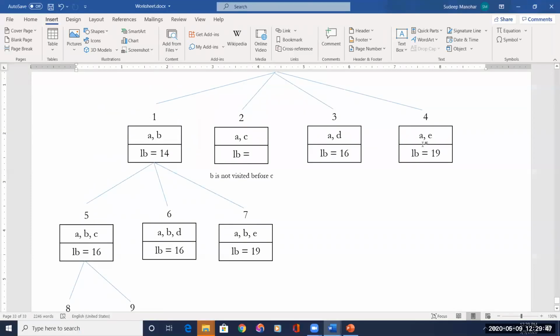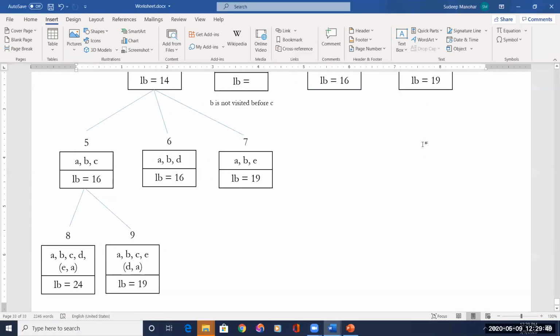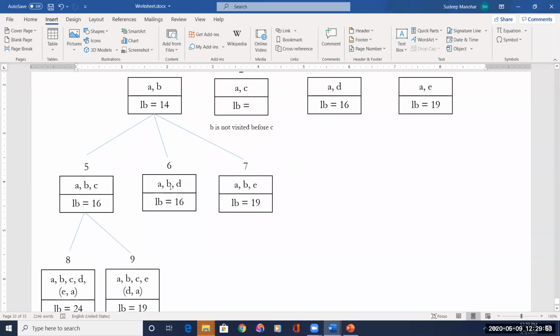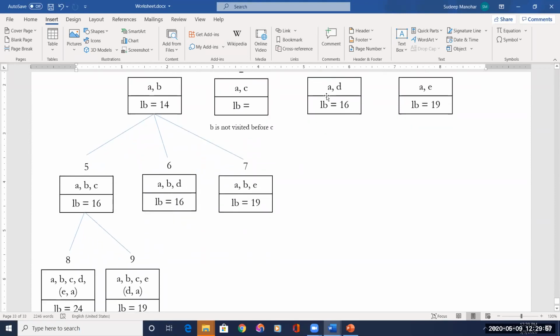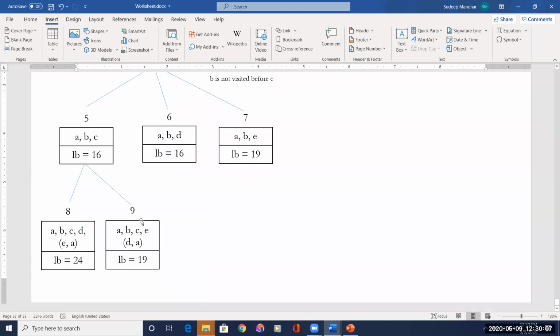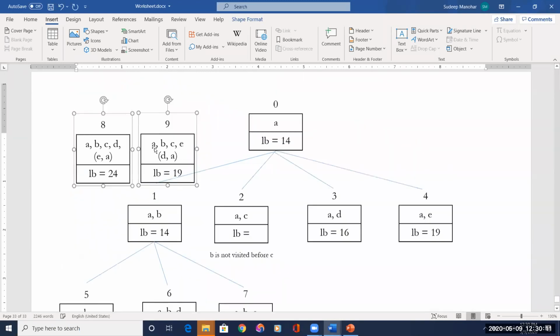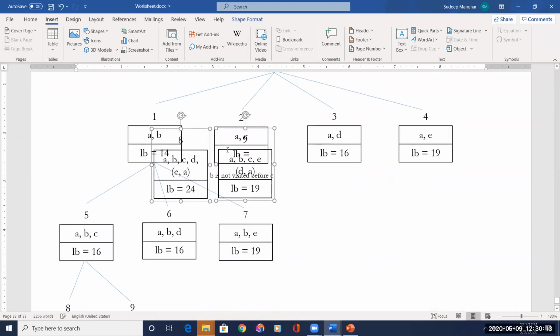So once again, which is minimum? Which is more promising? 24, 19, these are higher. Node number 6 and node number 3 are promising. Since node number 6 and 3 are promising, we'll have to consider any one of these. We'll consider from the recent step, it means from the recent level. So we'll consider this and move further. Once again, there are two options for that.